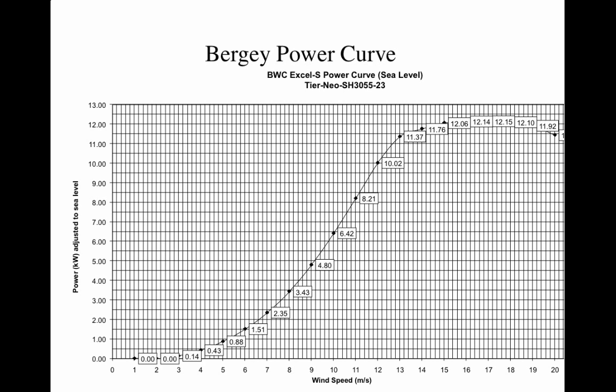And you notice what's interesting is it flattens out here. And why does it flatten out? Well, when the wind speed is modest, it's only putting out 0.8, 1.5, 2 kilowatts. And when it's at 20 miles per hour, it has the potential for putting out much more than that, but it's limited to 12 kilowatts because if it had a 50 kilowatt generator on it, most of the time the wind's down here and it's going to be operating at a very small fraction of that 50 kilowatt generator capacity. So the output of the turbine is actually artificially limited here, and it starts to tip away from the